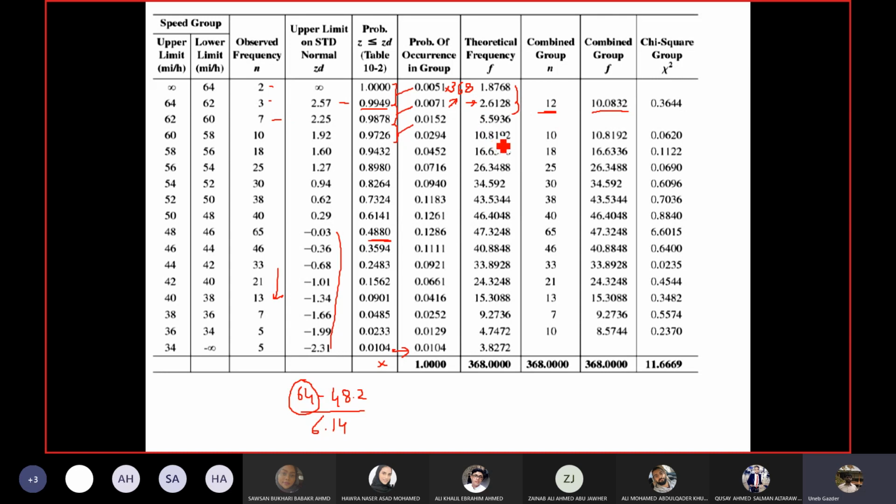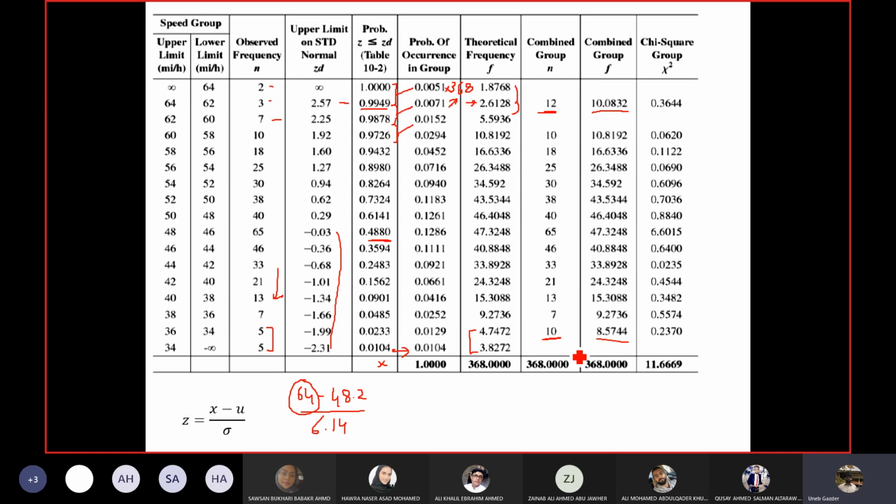Then after the third group, you can see all values are more than 5, except again the last 2 values. So you merge them together. Now their answer is more than 5, so I don't need to merge anymore. So the final merged f value for the last 2 groups is this one, and I had to merge the n values as well. I merged this plus this, and I got 10. So before calculating the chi-square, after calculation of f, you have to perform this check: if the f value is less than 5, you merge it with the next group or the immediate group.